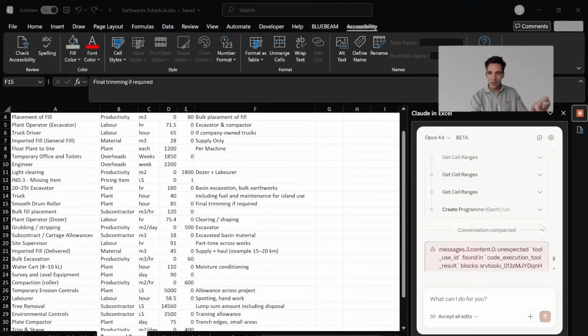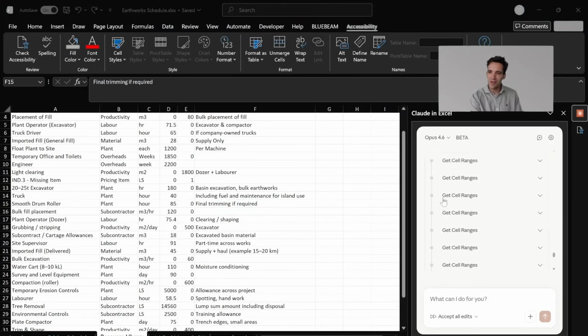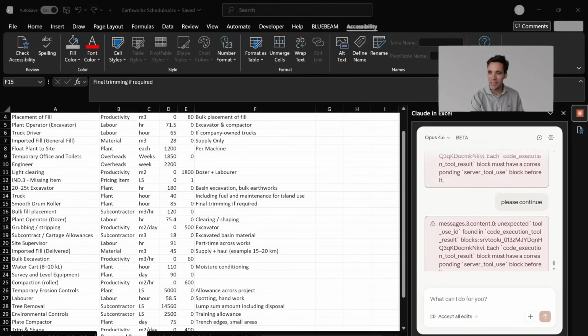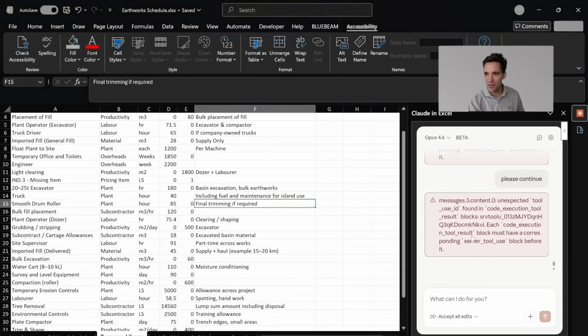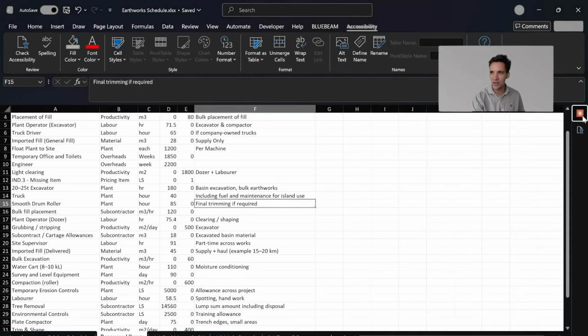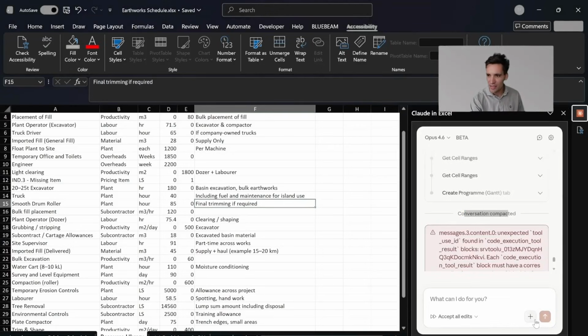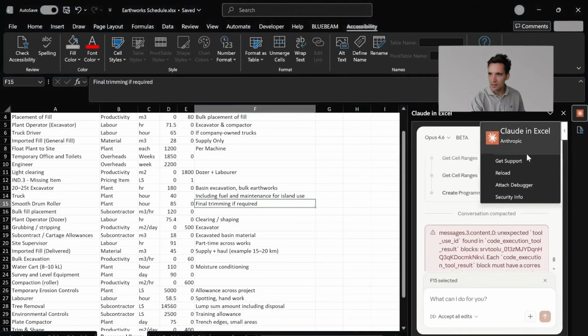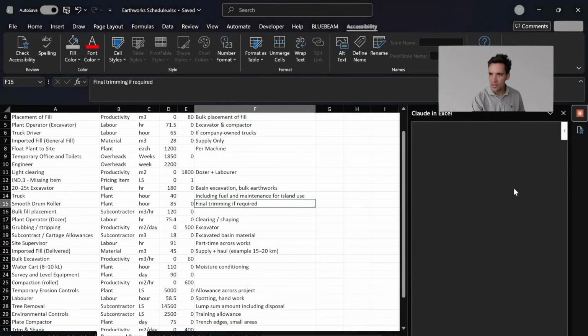Okay, so being honest with what happened here, after I ran it, it started doing it. I must have overloaded the context window because it's saying it tried to compact the conversation and instructions. Compacting conversation is when it exceeds the context window. So what I would do here is I would just reload